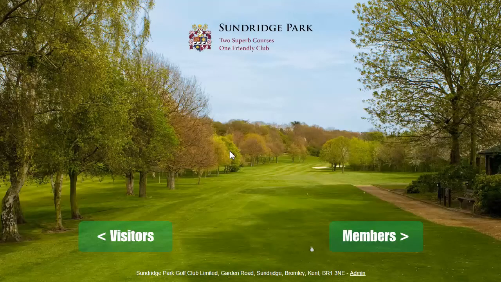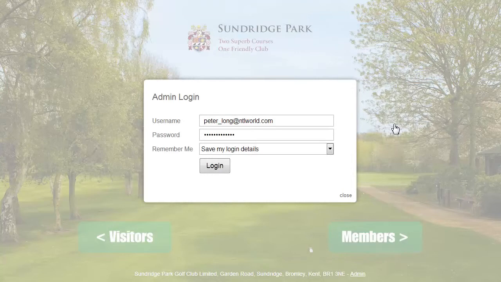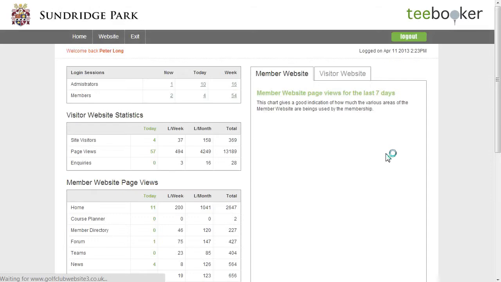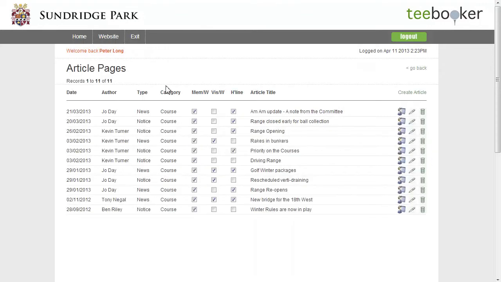Okay, we log out. I'm just going to quickly switch browsers, and now I'm going to log in as a news author. I'm going to use Peter's login, and you'll notice that the navigation across the top is now limited, and that there are under website two options: images and article pages. If I select article pages, you'll see that the articles that are listed are all the same category,